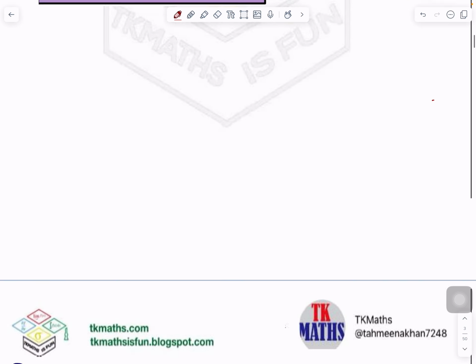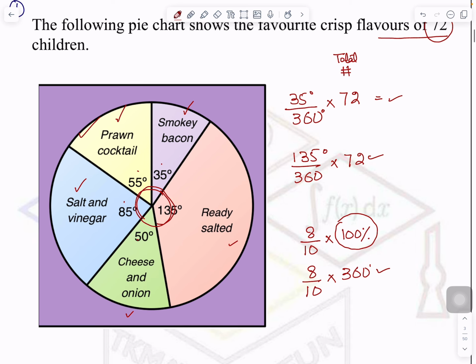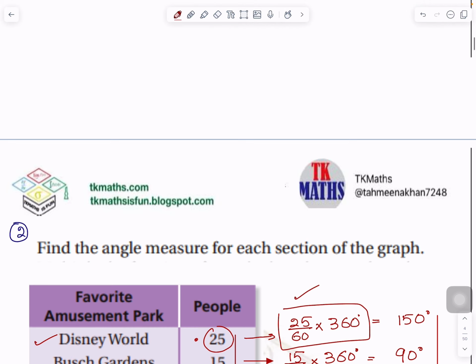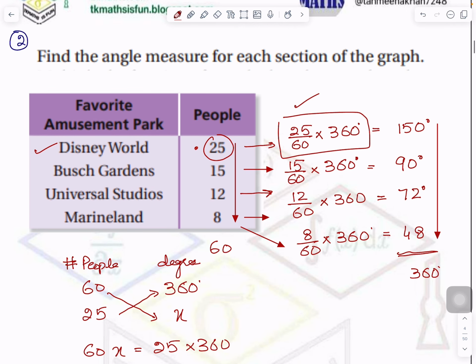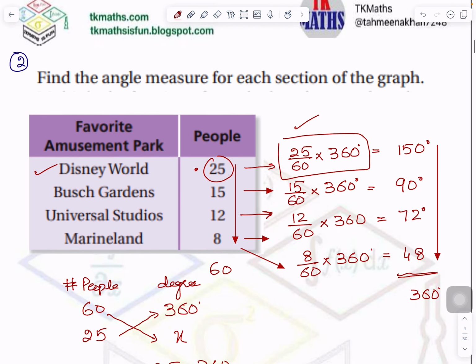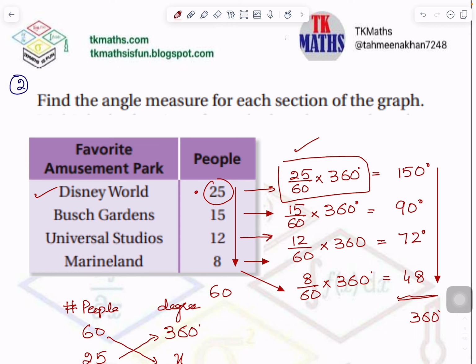So here we have seen, if information is given to you in the pie chart, how to convert it into number of people. And here, if the number of people are given to you and you have to find the angle for each, you can do that. Further, if it is asked how to draw that, I will teach you in another separate video. Now, these were the only 2 questions I have taken into consideration. Then we will do extension videos and we will see more questions in this.